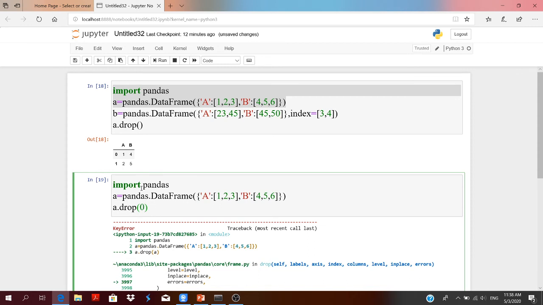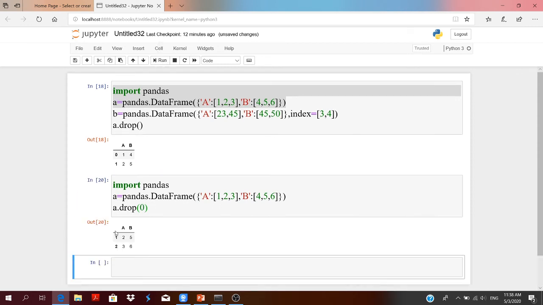See, only 2 rows are present having indexes 1 and 2. 0 has been deleted. Now you can add rows to your data frame and delete rows of your data frame.